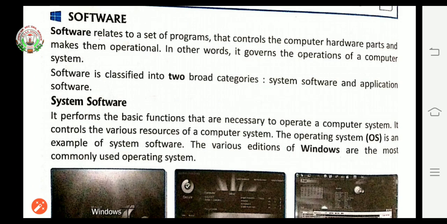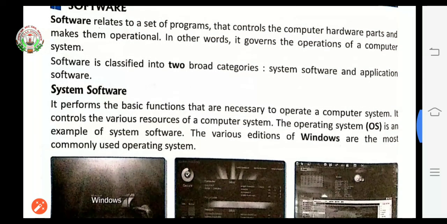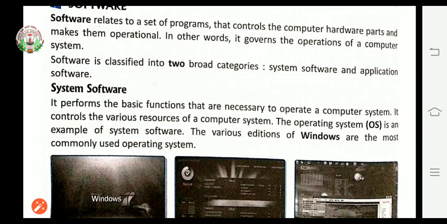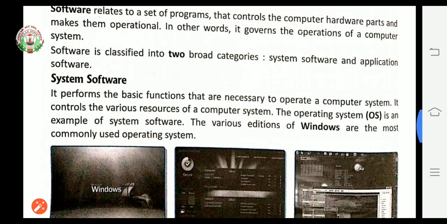It controls the various resources of a computer system. As we all know, there are many resources like the CPU, CD drive, hard drive and memory, and system software controls all of them.